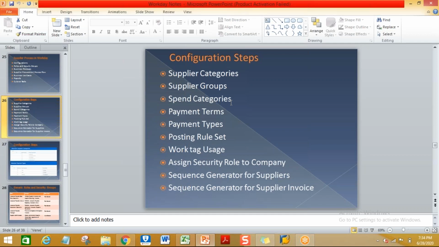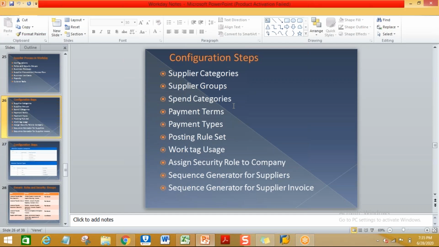Because in Workday, the spend categories have a lot of importance from the accounting point of view. In the account posting rule set, we will maintain the spend categories with a combination of required business dimensions like company, cost centers, or fund centers, whatever business dimensions are required.